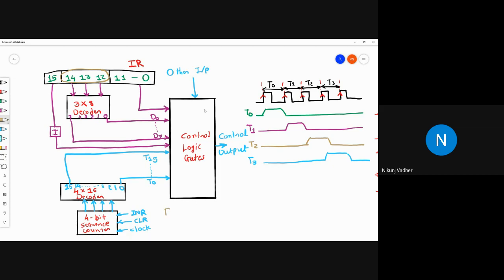D0 to D6 are for memory reference instructions. D7 will be for IO or register reference instructions.